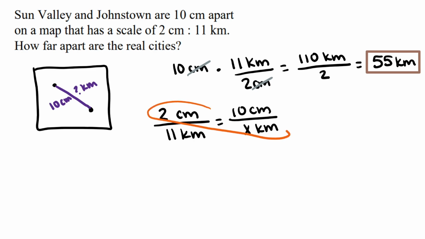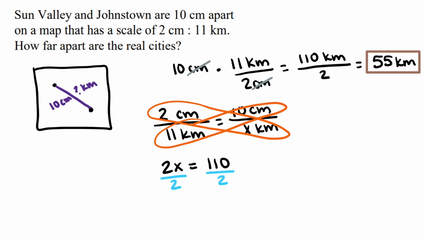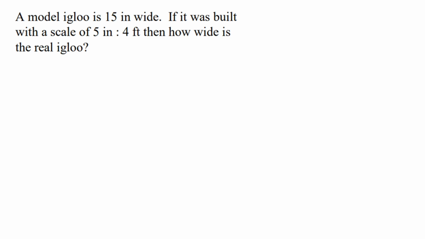We'll cross multiply. 2x is equal to 110. When we divide both sides by 2, we're left with x equals 55 kilometers. These are our last two examples for this video. A model igloo is 15 inches wide. If it was built with a scale of 5 inches for every 4 feet, then how wide is the real